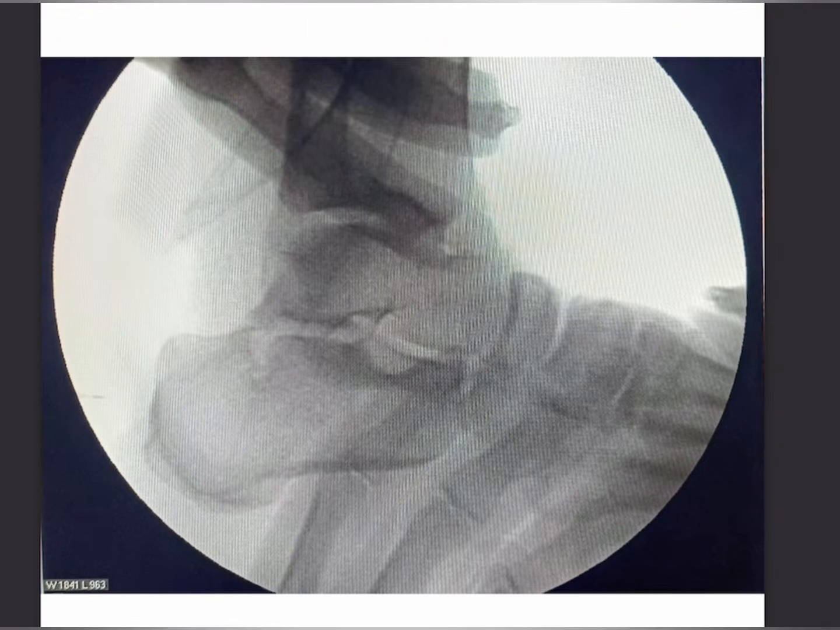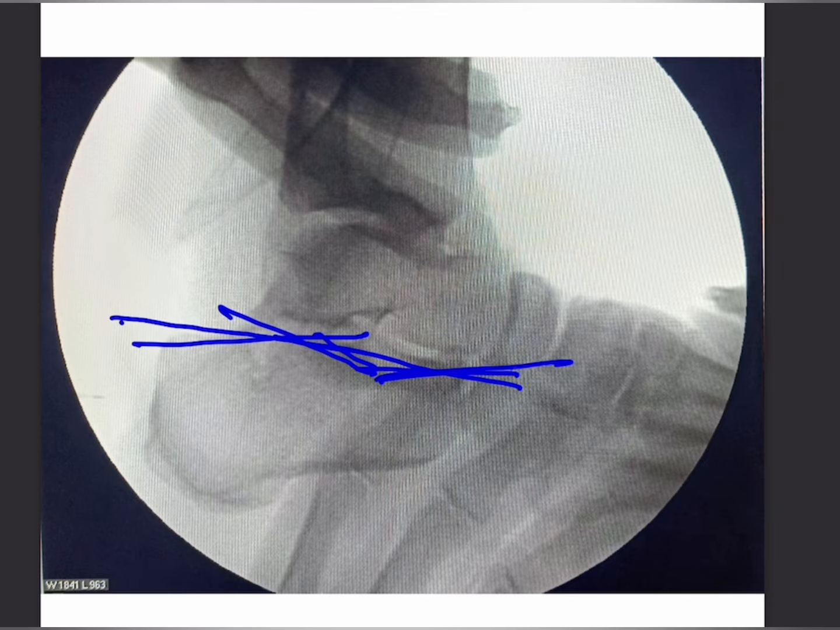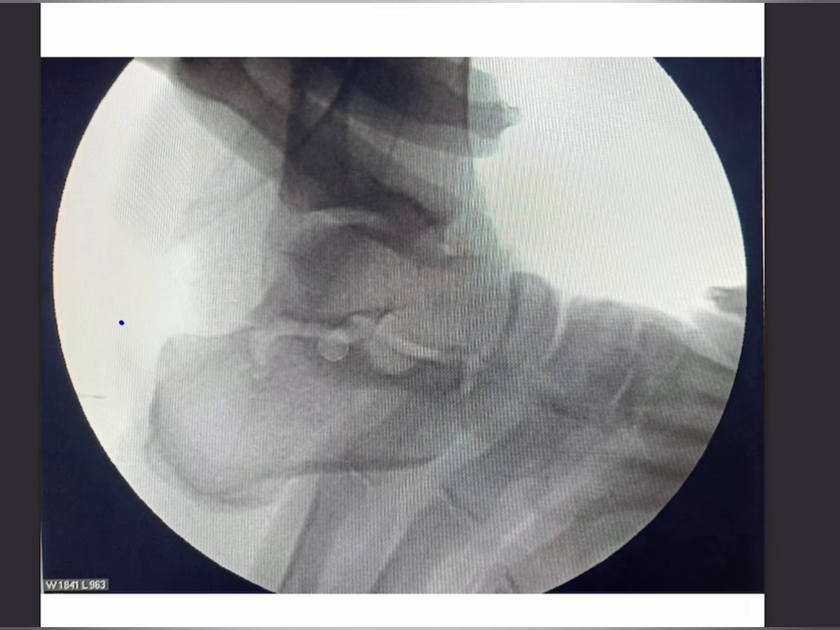CT, in which you can see the collapse of Bohler's angle and the collapse of Gissane's angle. You can see the fracture line, the secondary fracture line, which is causing the joint depression type of fracture. Okay, so we need to restore, first, the Bohler's angle